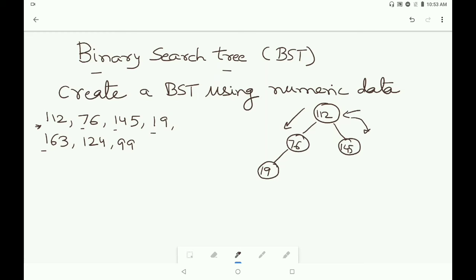Again you are getting another subnode, that is 145. So you will compare 163 with the 145. As you compared, 163 is more than the 145, so you will attach this 163 at the right hand side of the 145, like this.